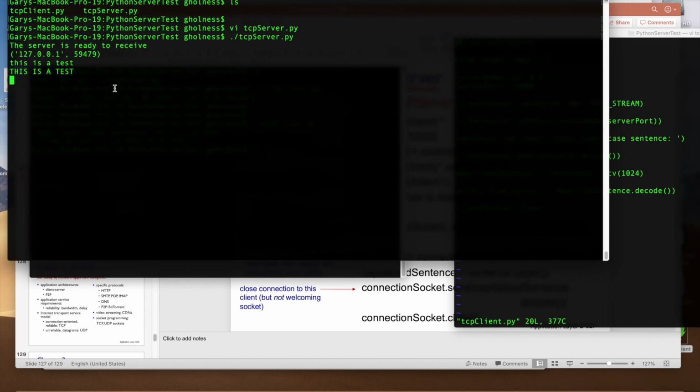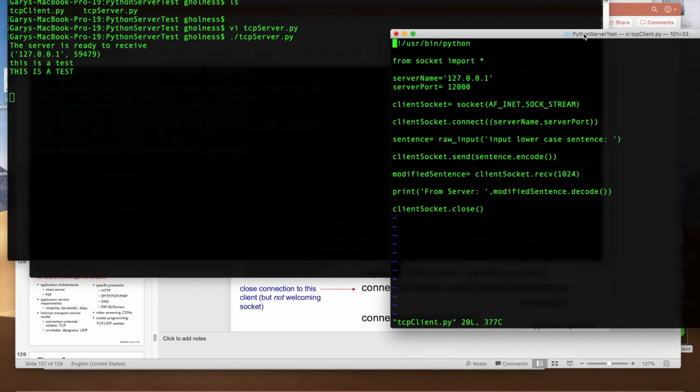So there's my server. It's a very simple server, and you could certainly point anybody's client at my server by just having server name changed to my 10.33.17.9 address. And so if someone is able to get that running, I'm running Python 2.7, just type your name or something like that, and it'll capitalize it so we'll know who it is.